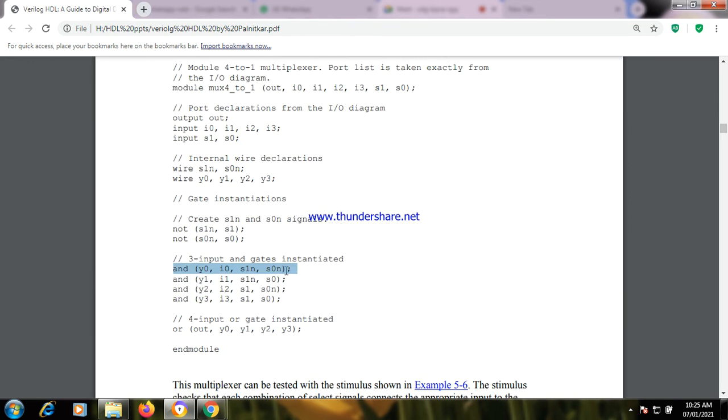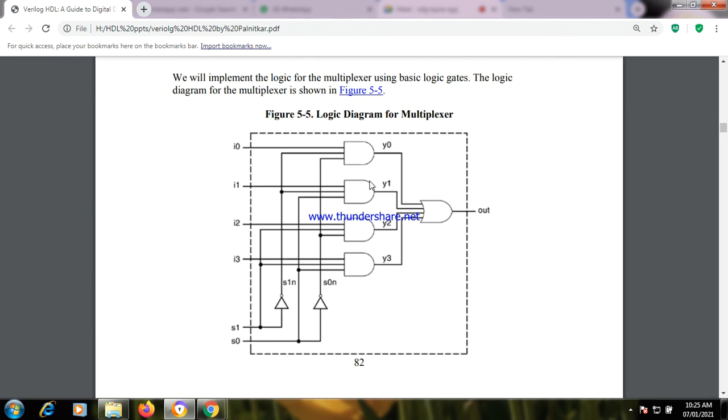Correct. Similarly, for the second AND gate, the single output is Y1, then I1 followed by S1 and S0. For the second AND gate, how many inputs are we showing? 3 inputs: 1, 2, 3. The first input is I1, the second input is connected to S1N, meaning S1 bar, and the third input is connected to S0.